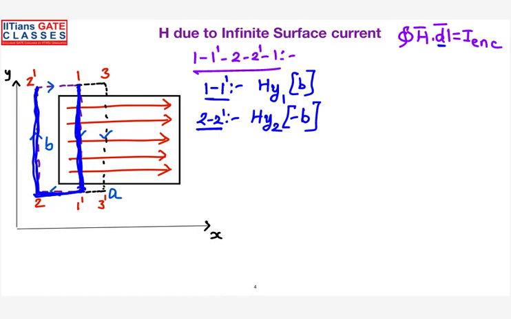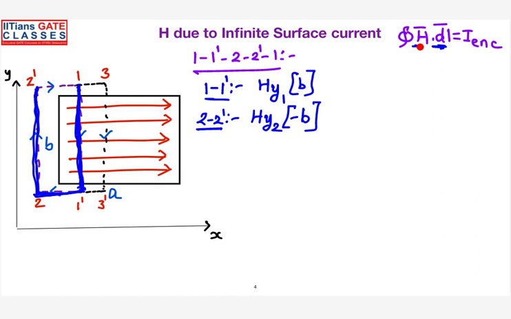So when you are moving perpendicularly, which direction represents perpendicular? Because the sheet is in the xy plane, which direction will be perpendicular? Z direction. Now you got the point, right? So in the z direction, the magnetic field will not be there. You already know that the magnetic field lies in the y direction, because you have seen it previously. So the magnetic field lies in the y direction and your differential length lies in the z direction. So what is ay dot az? 0.